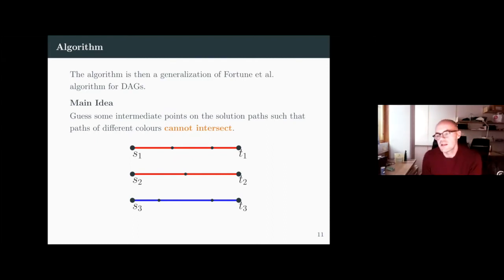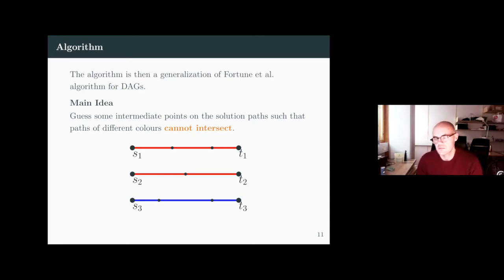And what we do here is generalize this algorithm. But before we generalize this algorithm, we have to work a bit. Basically, we have to show some properties of a possible solution. The main idea of the proof will be to show that, given an instance of this KL-DSP problem, you want to find some intermediate points on the solution so that paths of different colors cannot